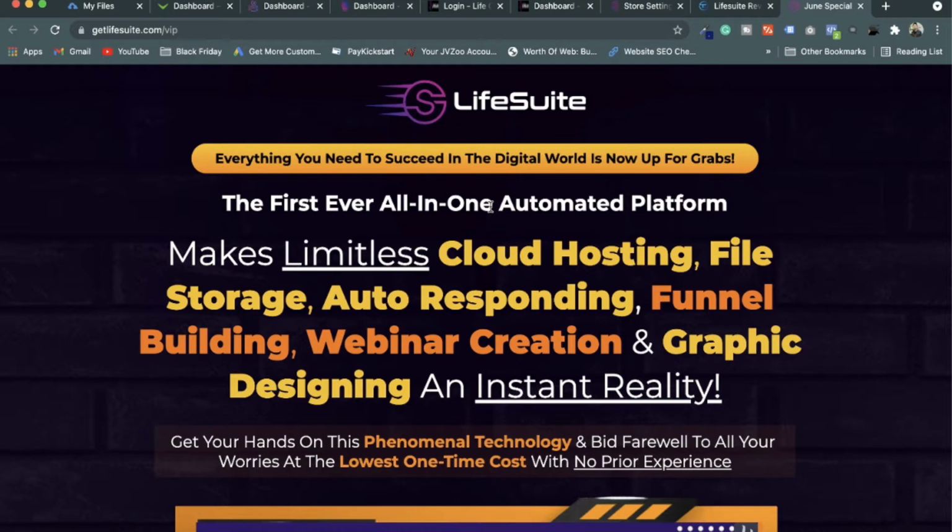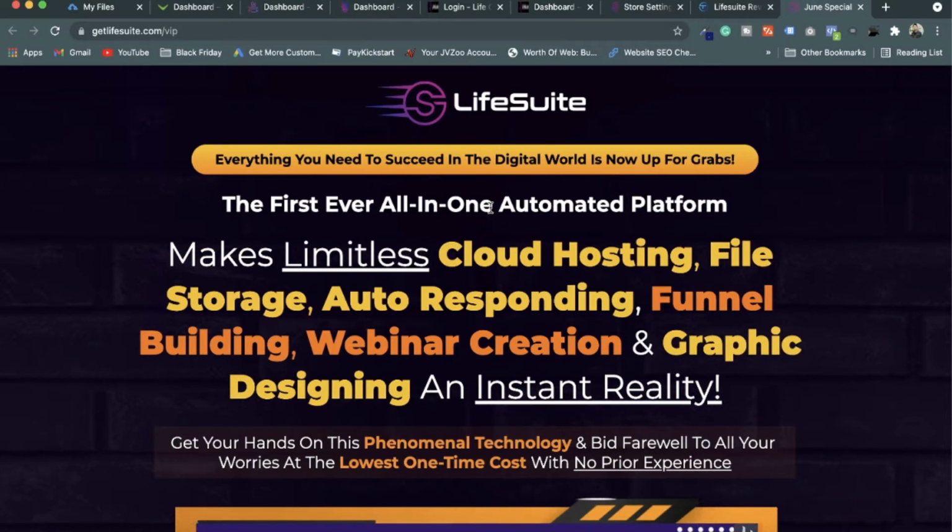First of all, I want to explain what exactly LiveSuite is. LiveSuite is an all-in-one automation platform where you will get cloud hosting, which is unlimited, file storage, which is also unlimited, and the auto responding software, which is the email marketing software.